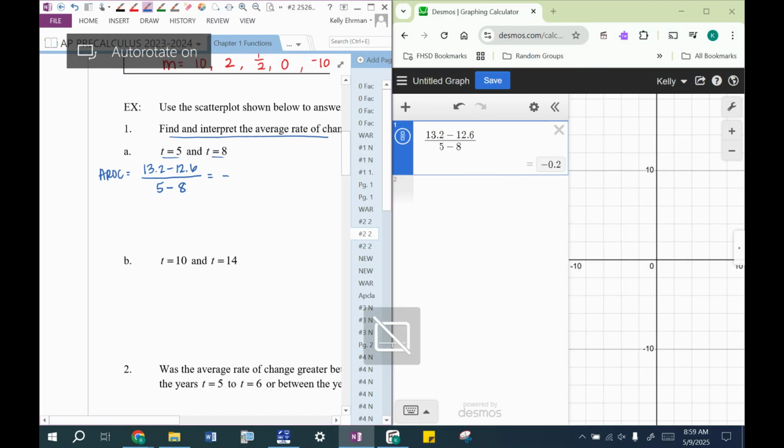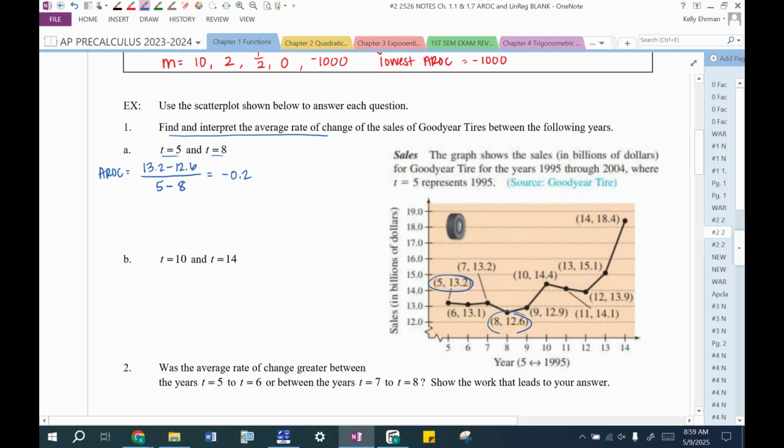So this is negative 0.2. And then we need to interpret this. Remember, this represents sales in billions of dollars, and it's negative. So the sales are decreasing. You can see that negative trend from 5 to 8. So I'm going to say, on average,